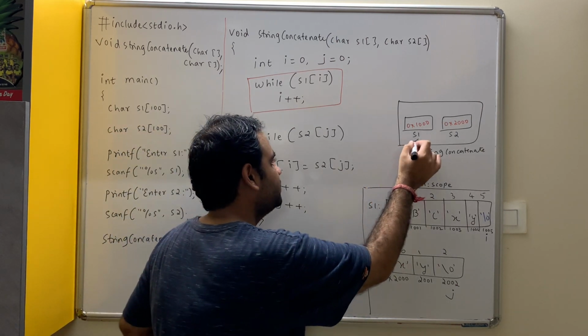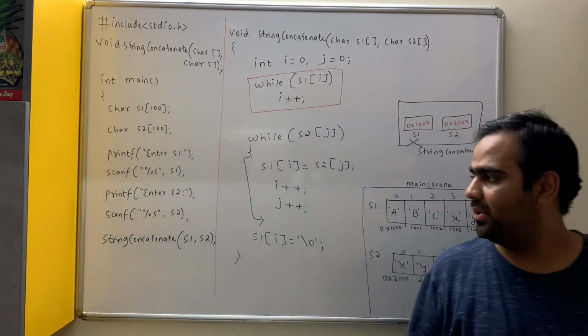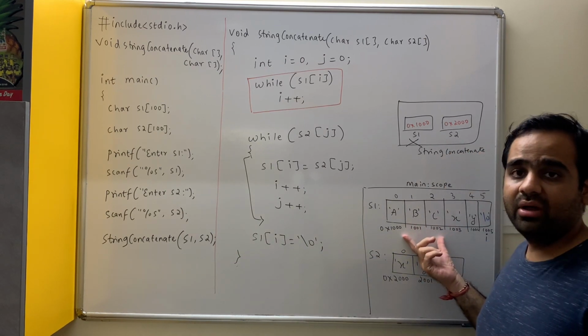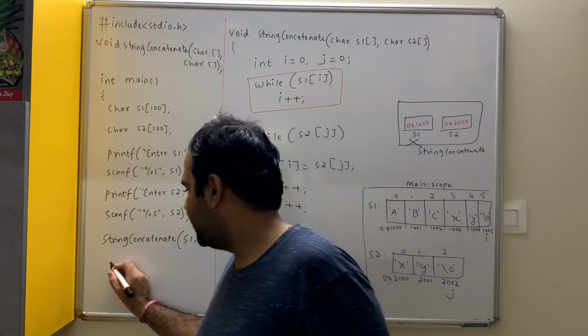Closing bracket of the function is taken as return. The scope dies. You come back to main and you see that S1 is appended. Therefore I can say printf